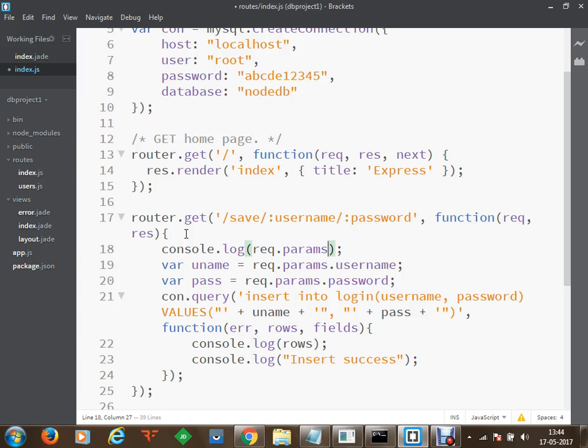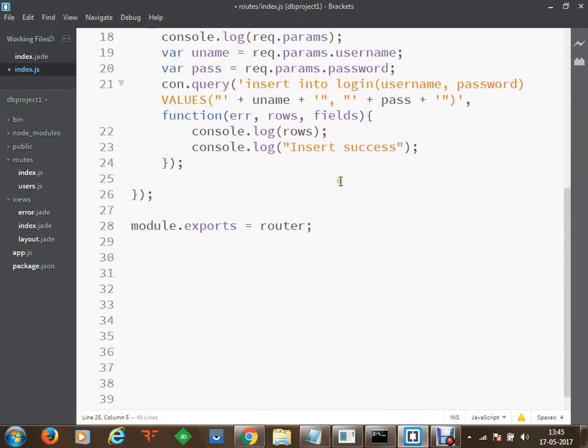So is that clear? We have created a user interface, we'll be taking values, we'll click on submit. Values will be sent through a GET request to the save path. We're going to receive the request on the save path. We are going to receive the variables as well. Whatever parameters have been received, we are going to display that on console. Once we have got that information, then we are going to read username and password, and finally we are going to execute a connection query. Once the query has been executed and the function has been executed, finally we are going to end that connection.